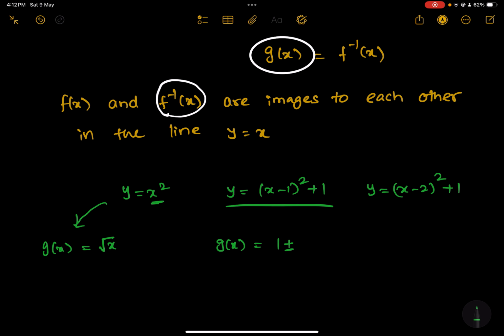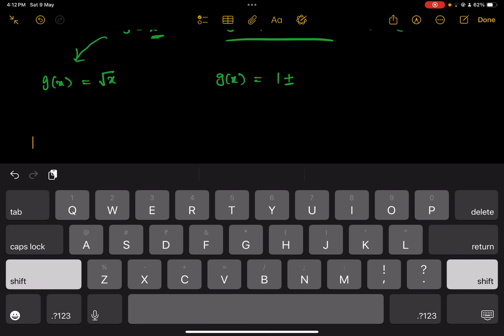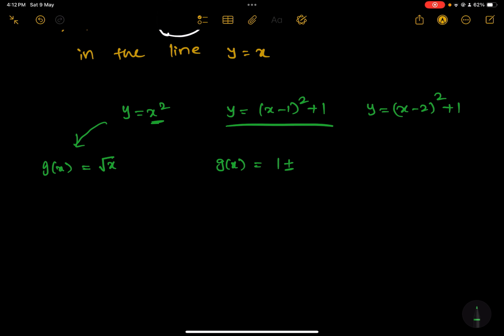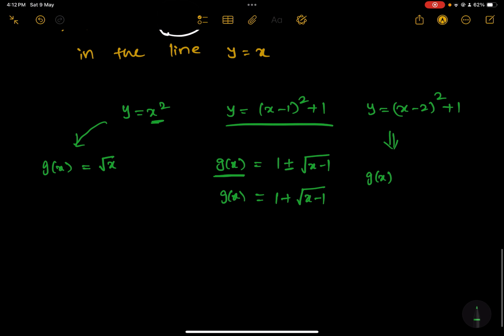So when you find the inverse of f of x here, you will get 1 plus or minus square root of x minus 1. But we already saw that g of x always lies above 1. Therefore g of x in this interval is simply 1 plus root of x minus 1. Similarly, for this one, if you find the inverse, g of x will be